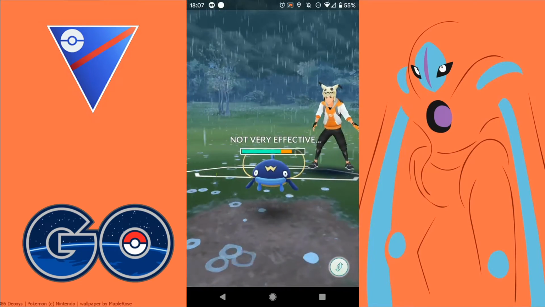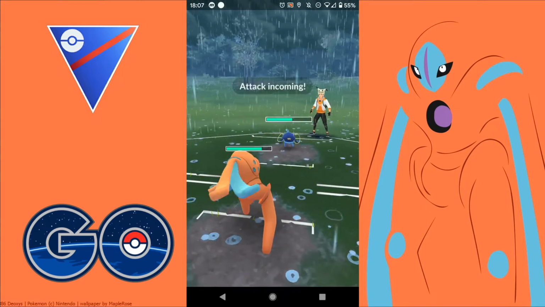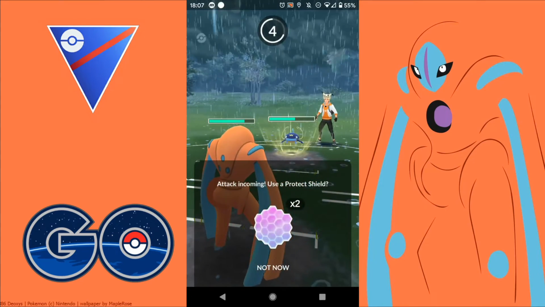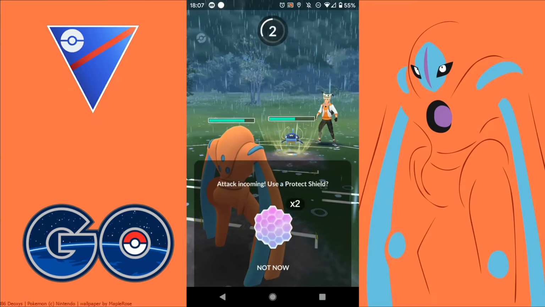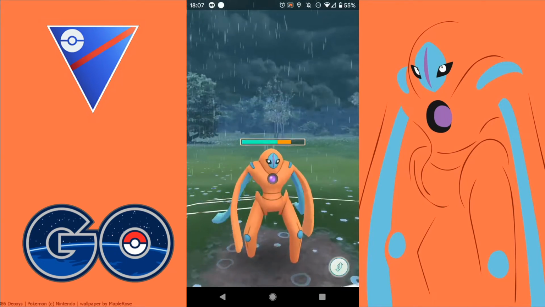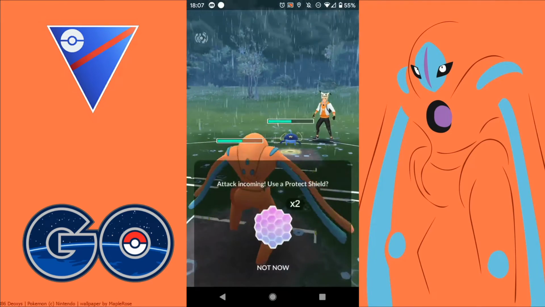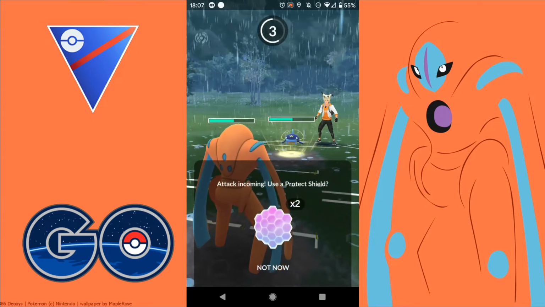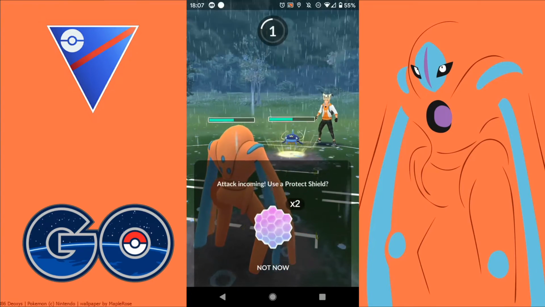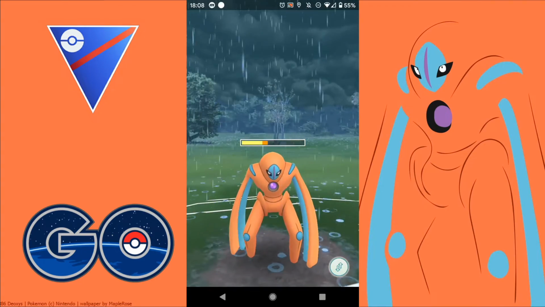So let's see what they do. So they've not shielded that, which is not good for me. So I'm going to let this go as well. We'll see what happens here. So Wish Cash is really spammy, but it's not going to do huge amounts of damage. I'm just going to let it throw a couple of these. I'll let it throw one more, and then I'll probably switch into